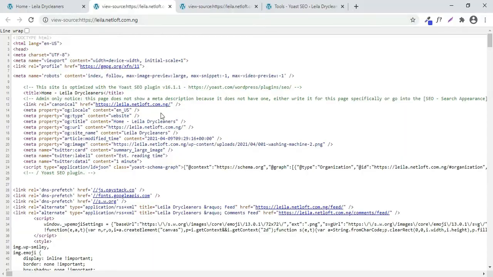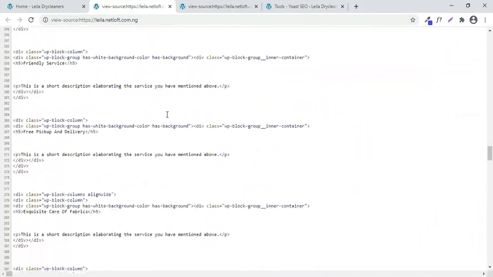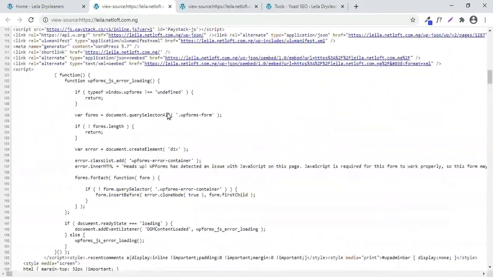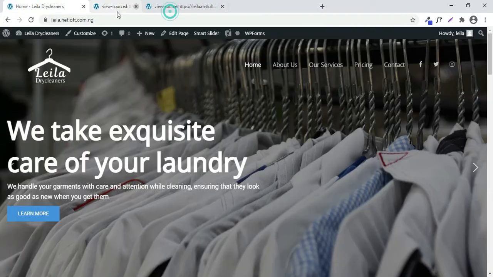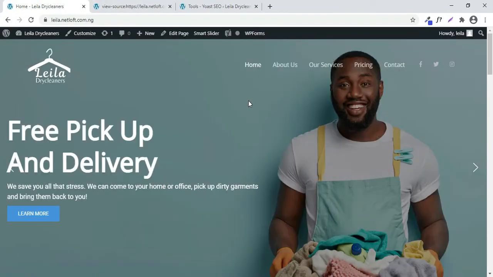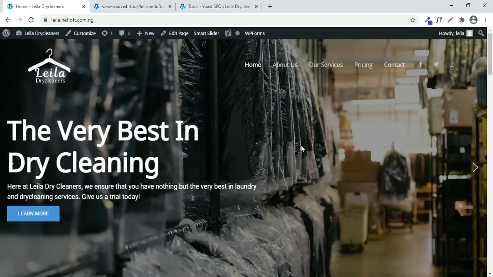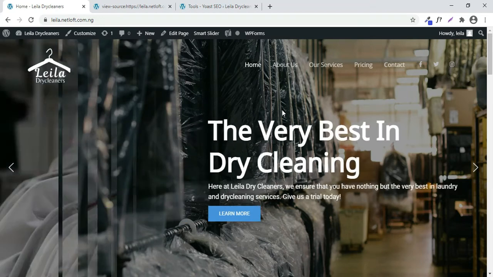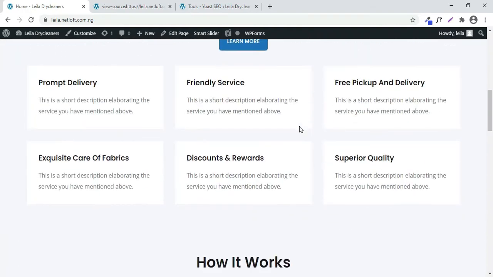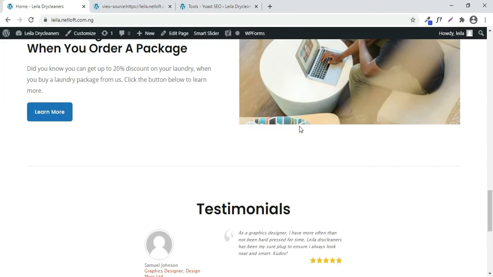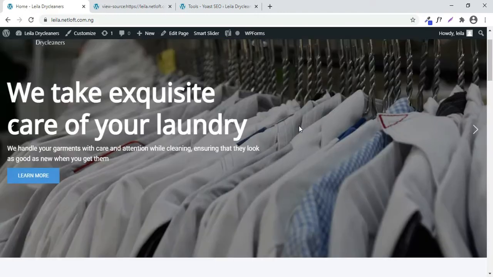So Yoast has actually done quite a lot of things in the background, but you may not really understand what these do right now. But just know that your site now has at least quite a good level of optimization for search engines. But there are things that you now need to do or take into consideration henceforth when you make any change, when you add a new page, or when you want to ensure that your site is actually ranking better in search engines.